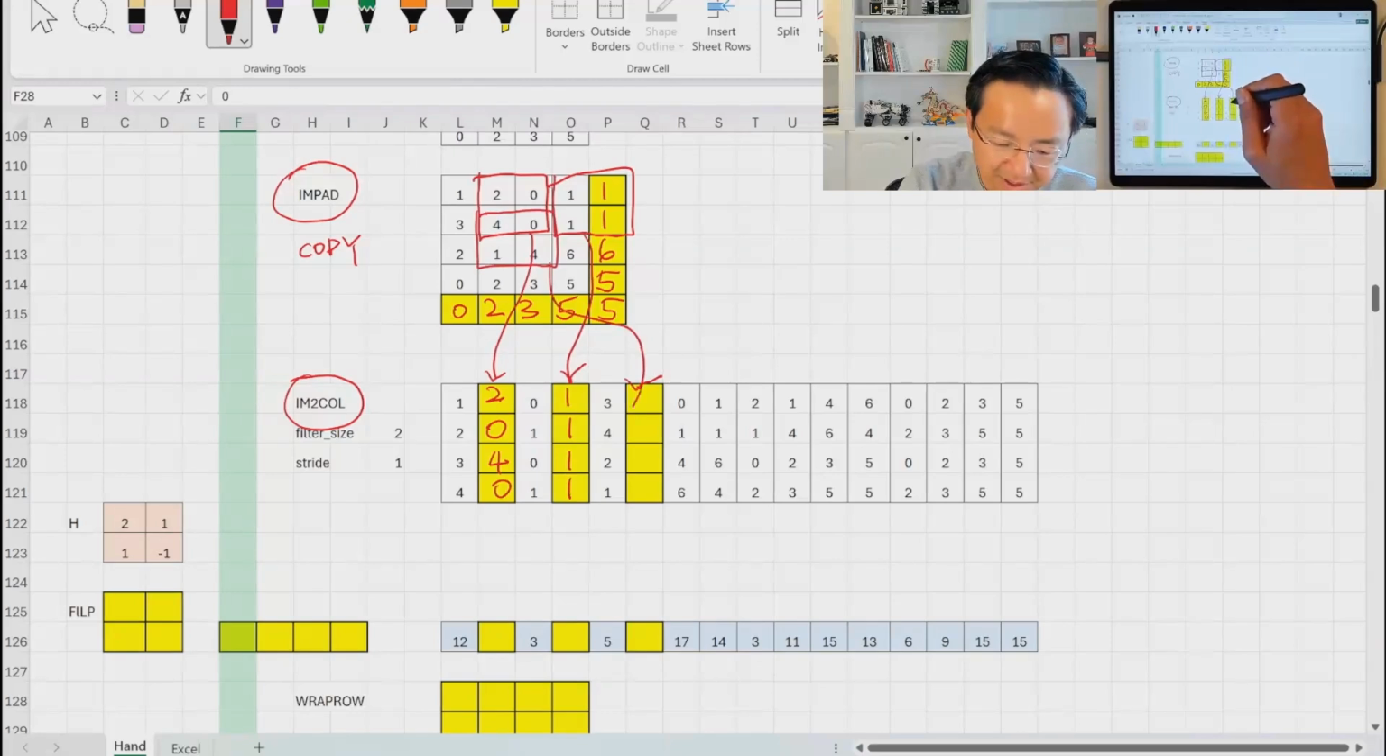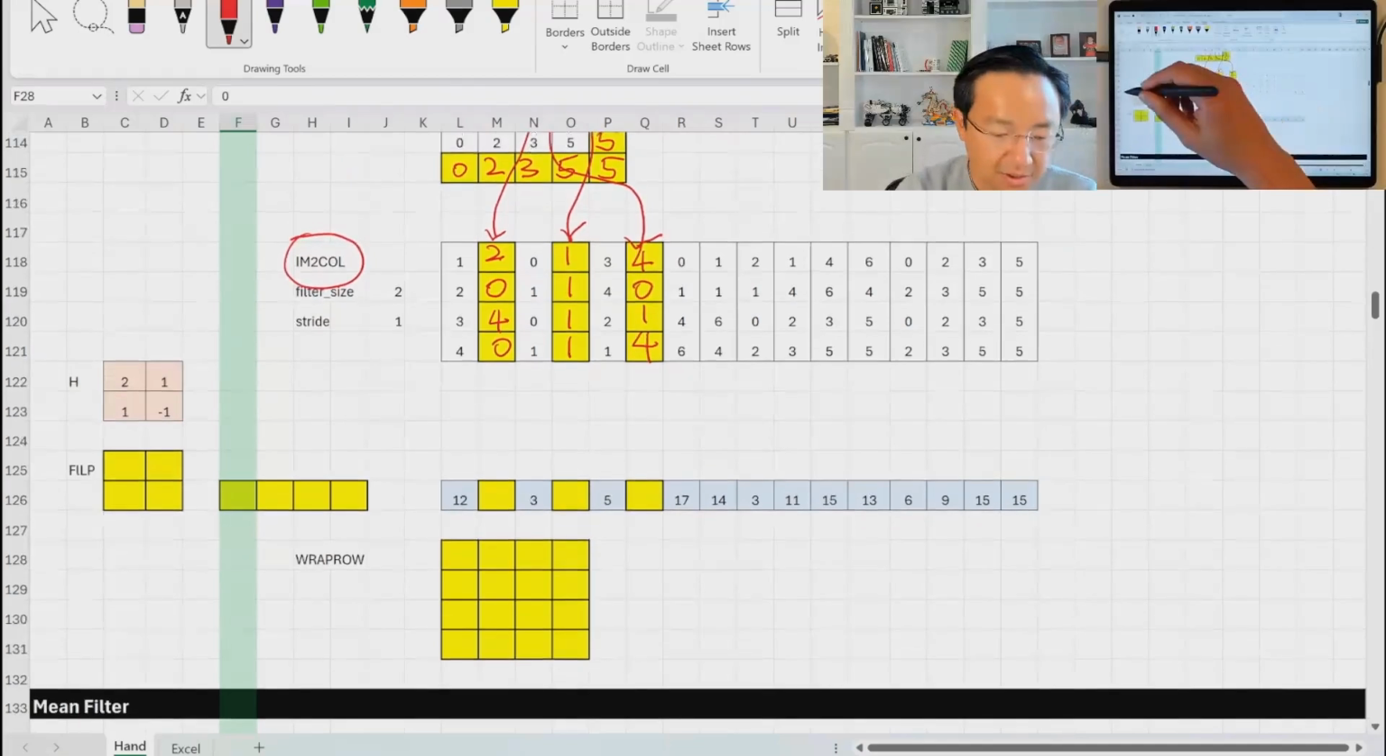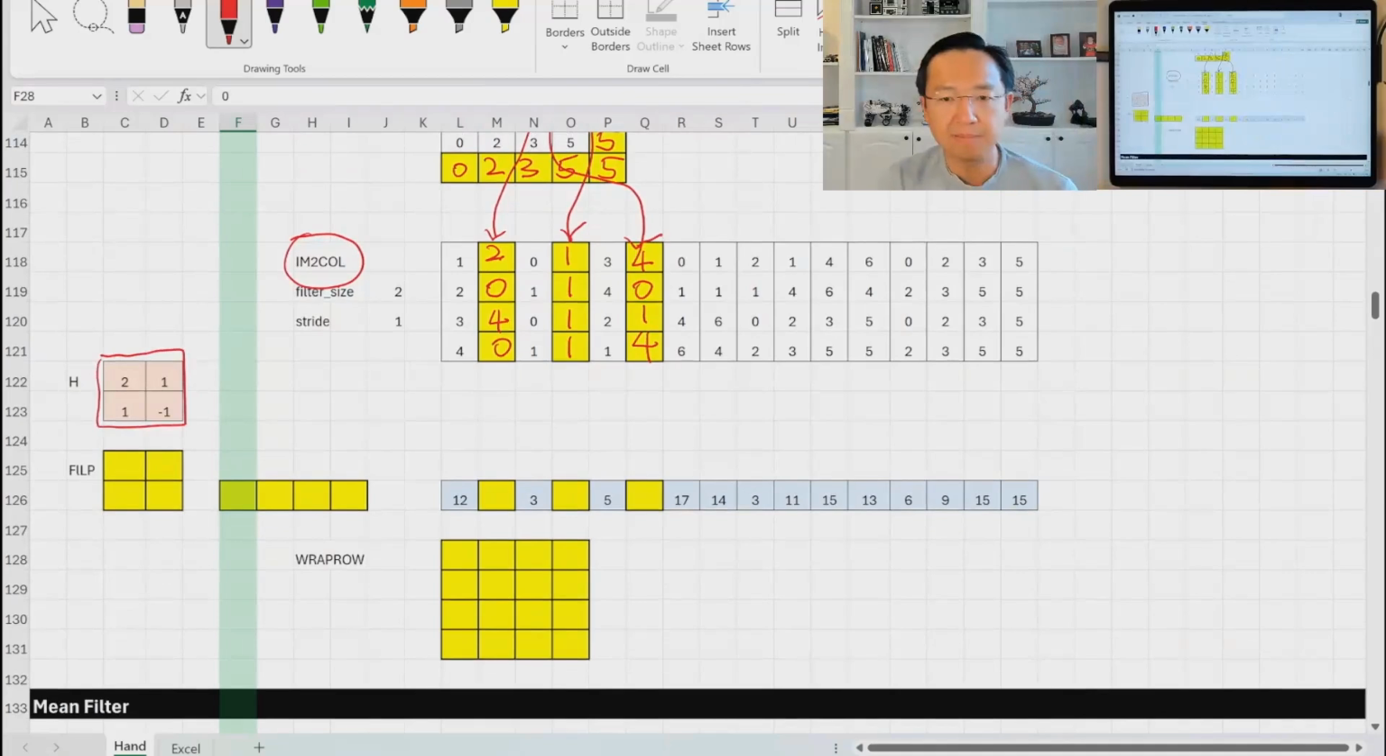Which is on purpose, 4014. Okay, and so then I have this filter which is the same, but in order to compute convolution, it